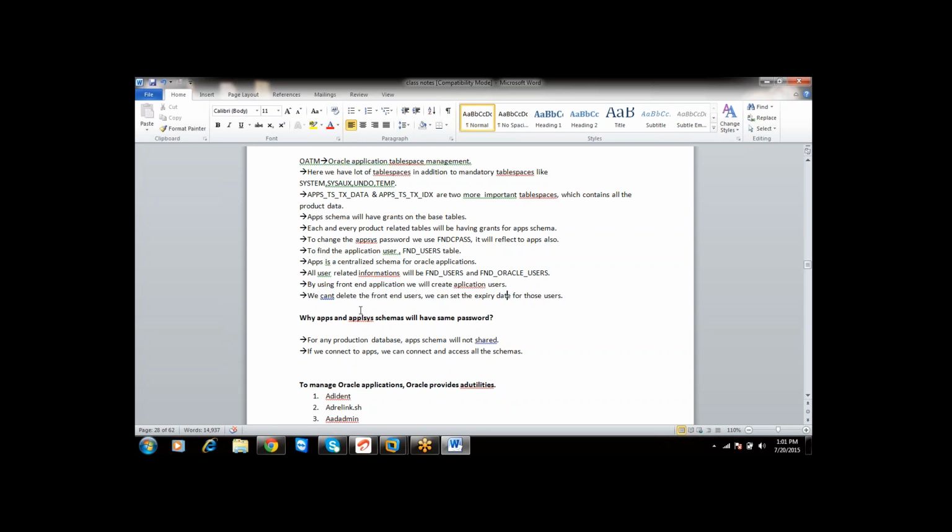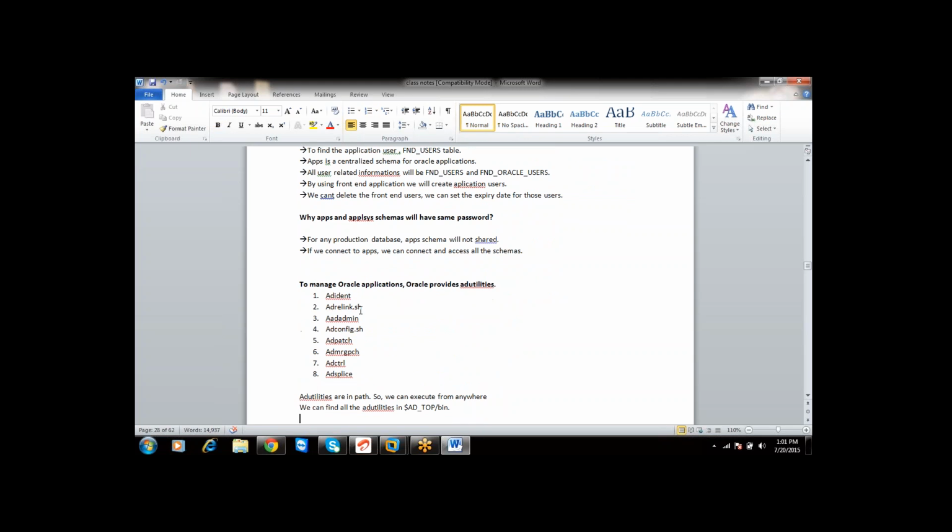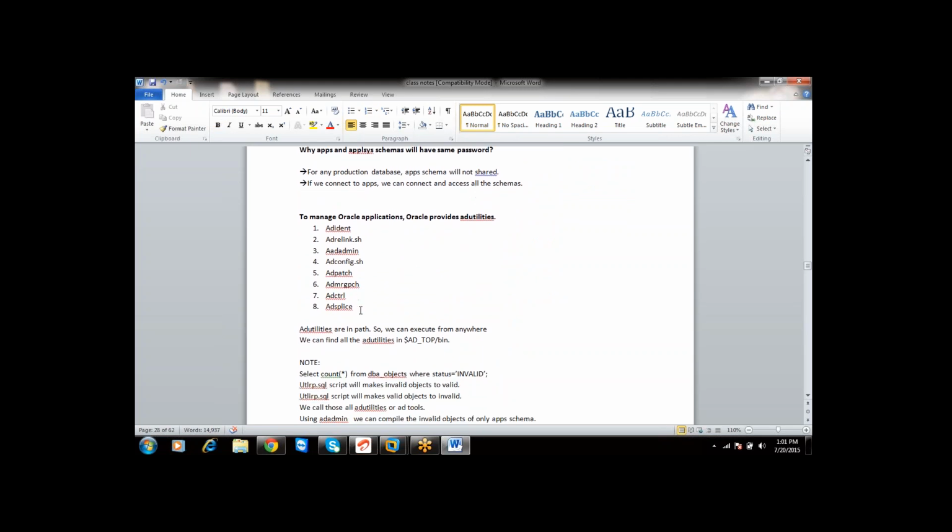When we go for sysadmin concepts, once you create any user in Oracle Applications, there is no option to delete the user, whereas you can keep the user end-dated. It means you can stop him from accessing Oracle Applications. An application user cannot be deleted.